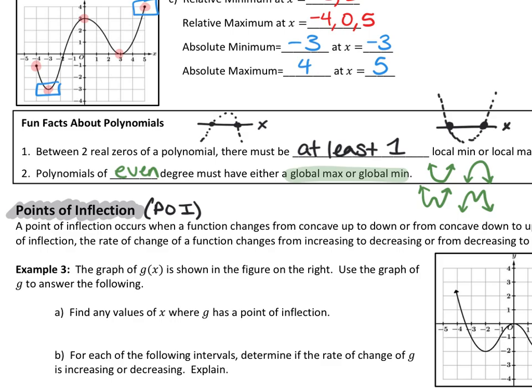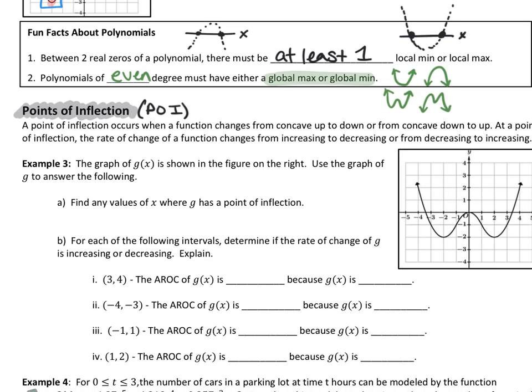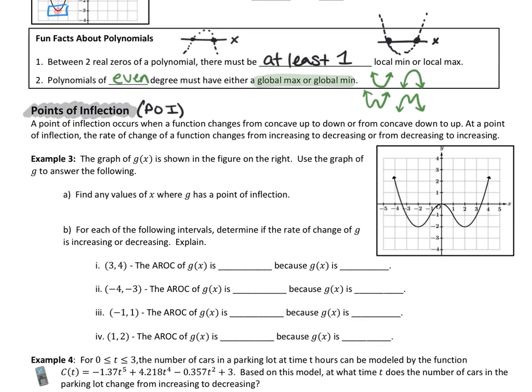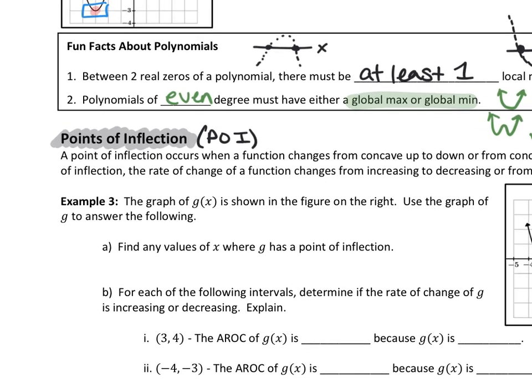A point of inflection is going to occur when the function changes from concave up to down or from concave down to up. At a point of inflection, the rate of change of a function changes from increasing to decreasing or from decreasing to increasing. So again, if we think about concave up, if I have a graph that's concave up